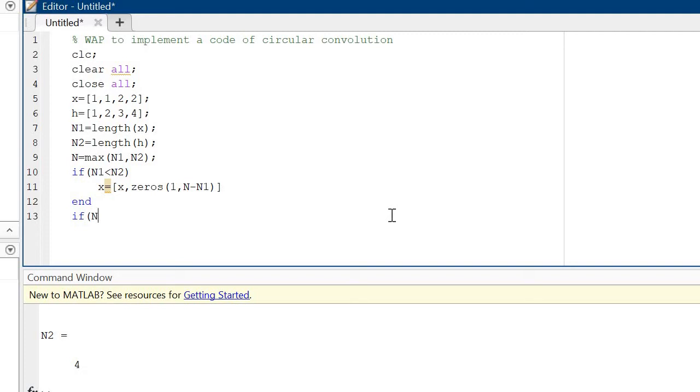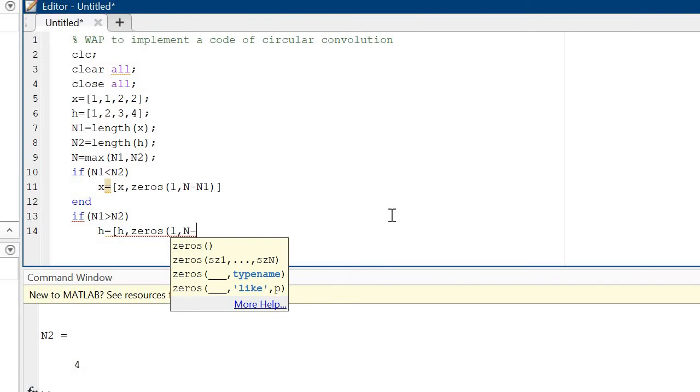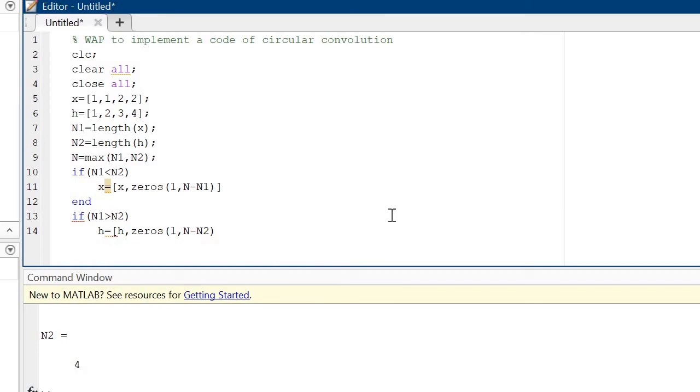If n1 is greater than n2, then h is equal to... okay, clear? You can take a semicolon also,